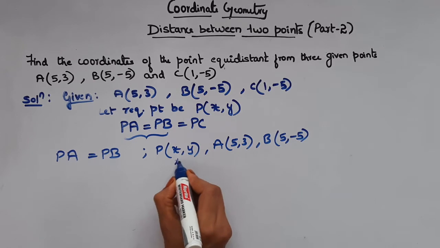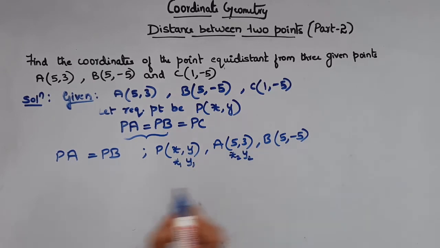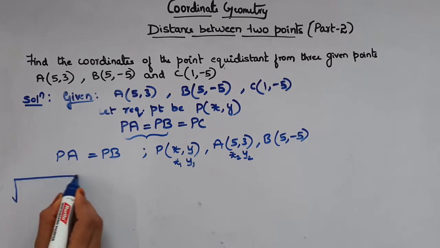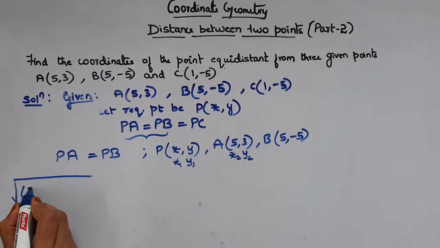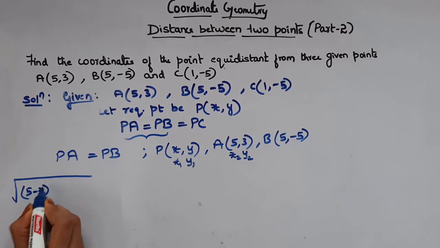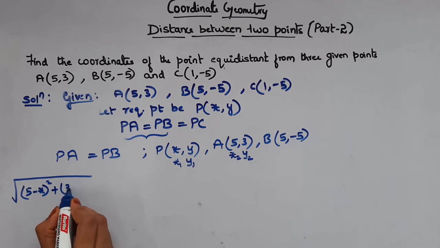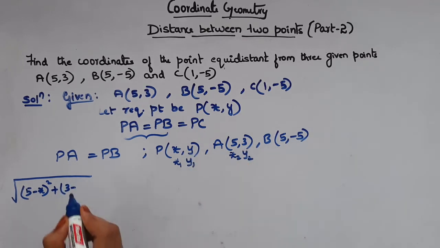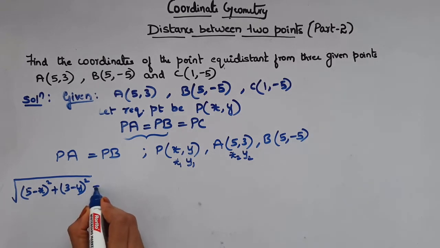P is your x1, y1 and A is your x2, y2. So first let's put this formula here. The square root of (x2 minus x1), that is (5 minus x) the whole square, plus (y2 minus y1), that is (3 minus y) the whole square, which is equal to,